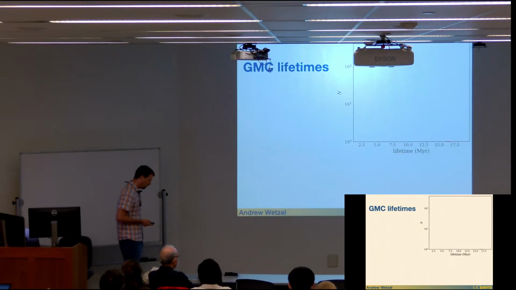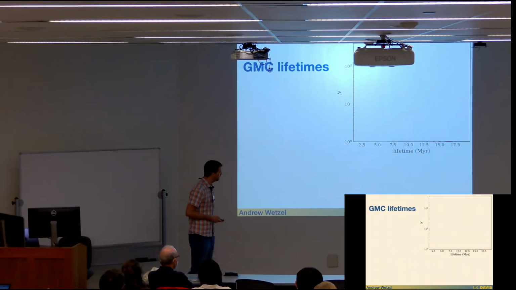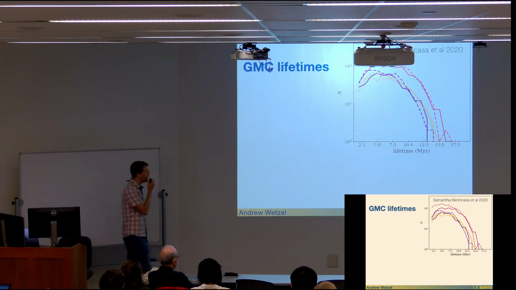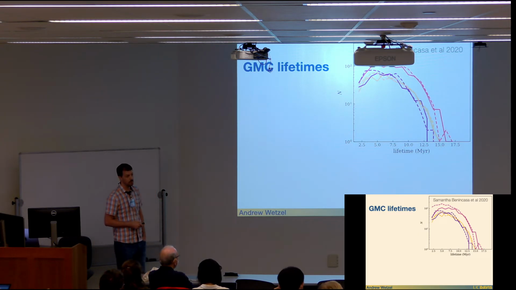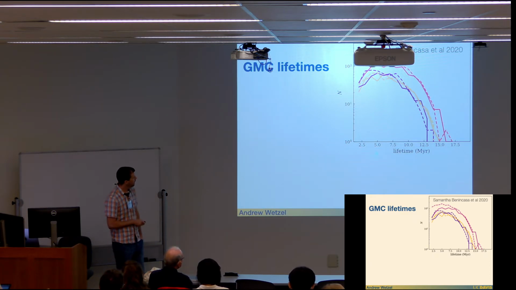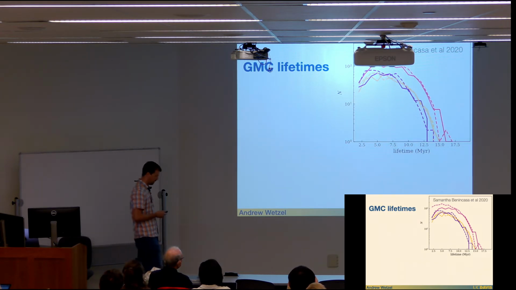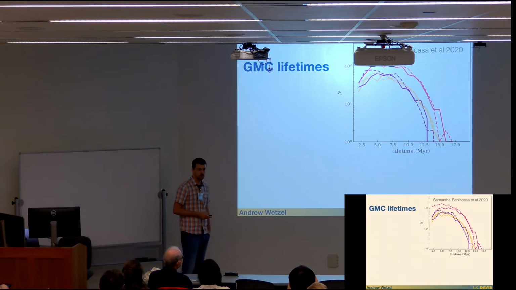So she looked at how long-lived clouds are in that mass range in our Milky Way mass simulations at redshift 0. And here's a histogram of the lifetimes. This is in all clouds that are essentially overdense molecular clouds. The peak of our cloud lifetime is something like 7 megayears. It falls off, and we don't find any clouds living longer than about 20 million years in these simulations.